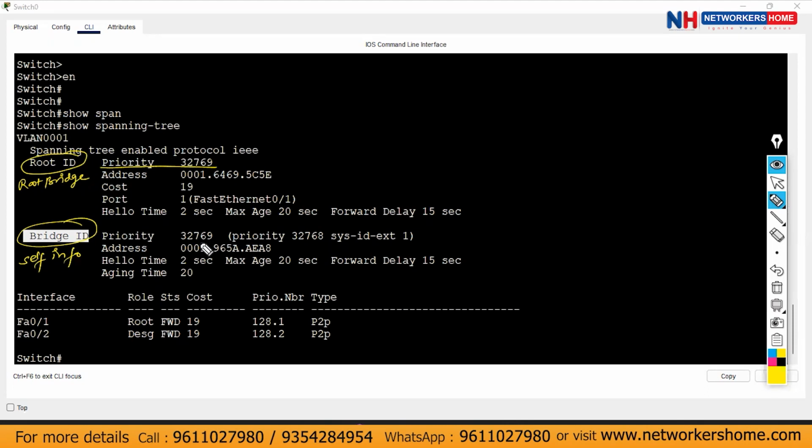32769. And now you'll say, I said 32768. So this priority calculated here is your priority plus VLAN ID. What is the VLAN right now? 1. So 32768 plus 1, 32769. Okay. Then this is the MAC address of your root bridge. This is the cost, how much cost it is there to reach the root bridge, 19,